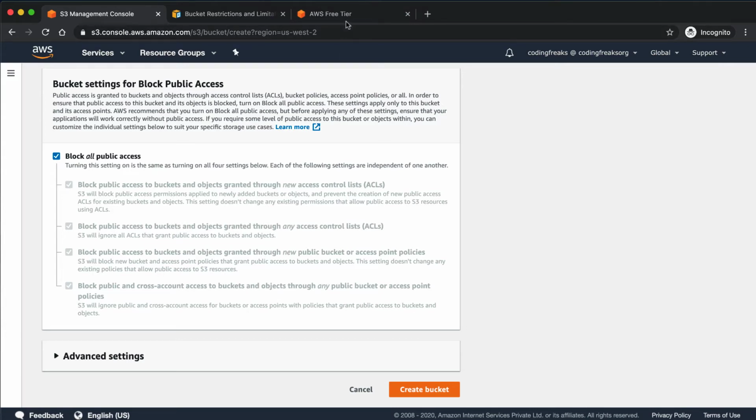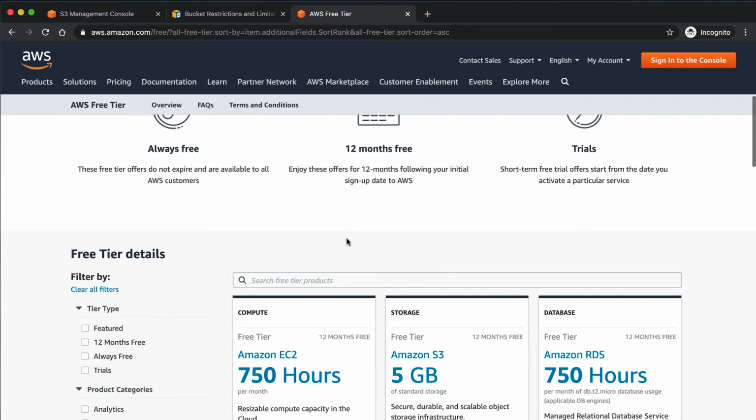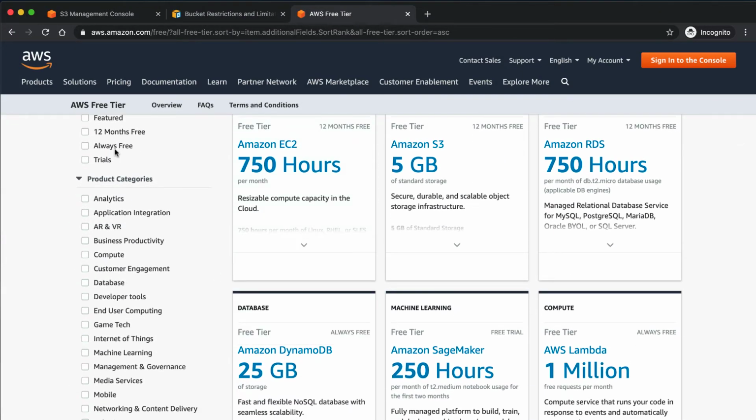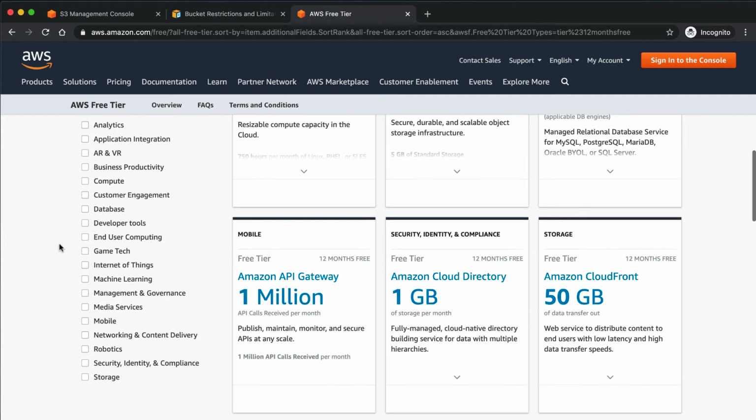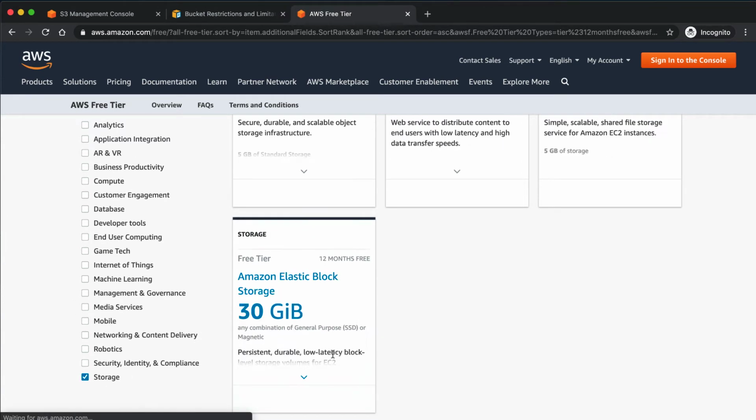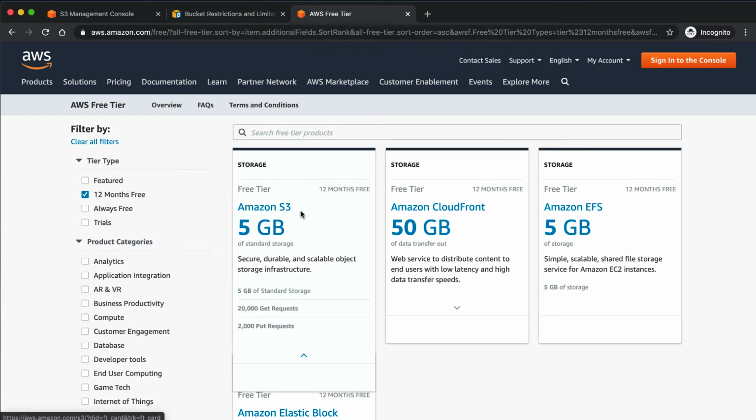If you navigate to the AWS free tier page, here we are going to hit this 12-month free and services storage. Here the top one is S3. In S3 we can have 5 GB of standard storage, 20,000 GET requests and 2,000 PUT requests. That's the cost which we need to bear at this time. This means that for learning purposes, we do not need to pay anything for S3, since we are not going to consume storage space of more than 5 GB and our requests are not going to be 20,000 or 2,000.